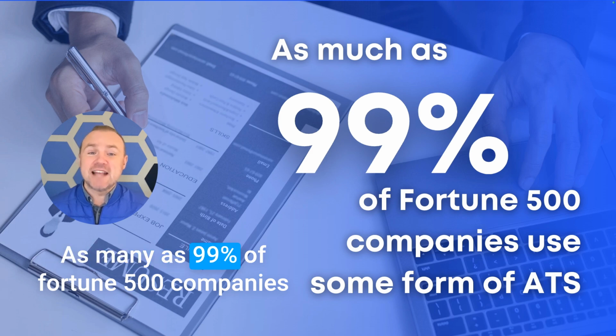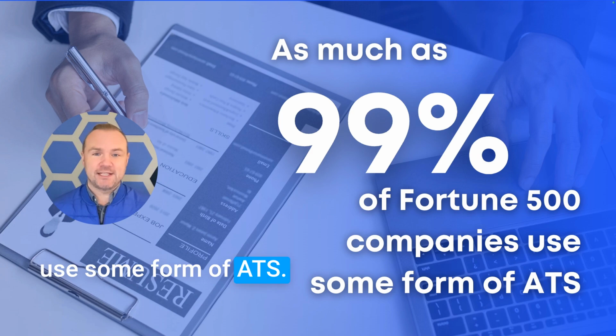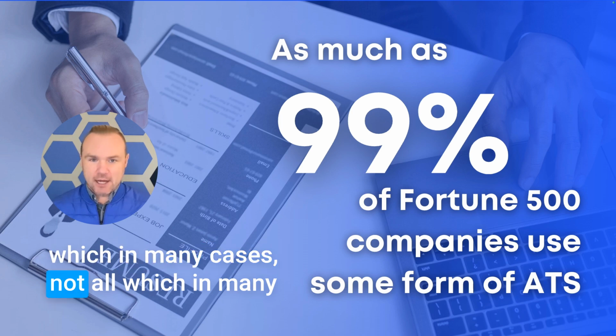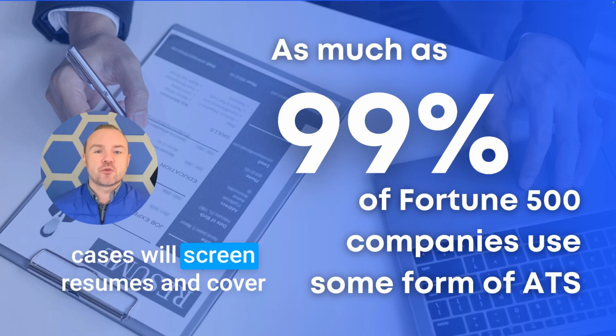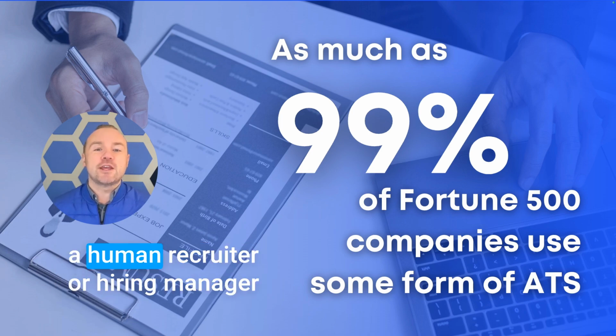As many as 99% of Fortune 500 companies use some form of ATS. Now, what's an ATS? ATS is an applicant tracking system, which in many cases, not all, will screen resumes and cover letters, screen job applications before a human recruiter or hiring manager will see the cover